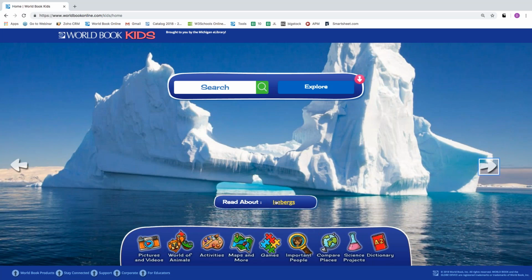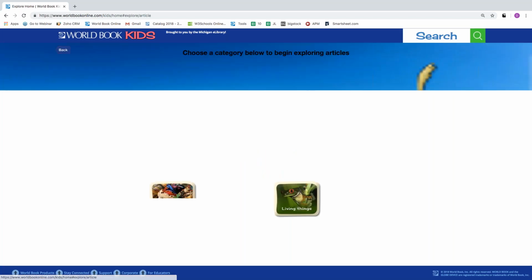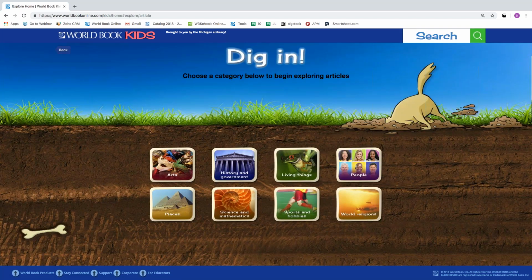I could click right here in the middle on icebergs. We have this great features bar, nice and colorful for that young student or young researcher. And up at the top, we have our search and explore bar. This is 2 tools in one. So the Explorer on the right is a virtual dig, similar to the dig that we did in Early World